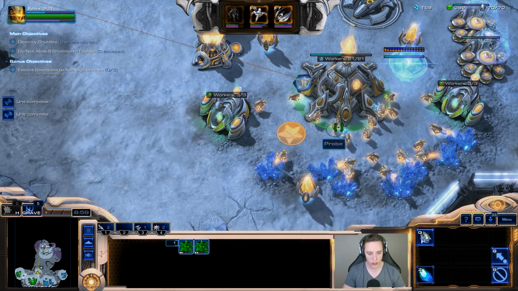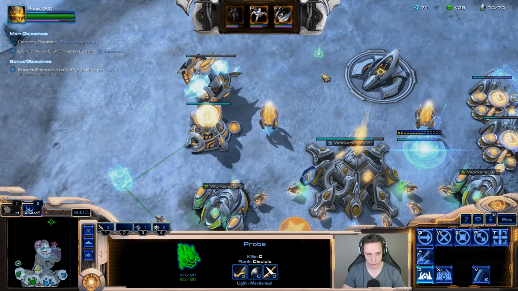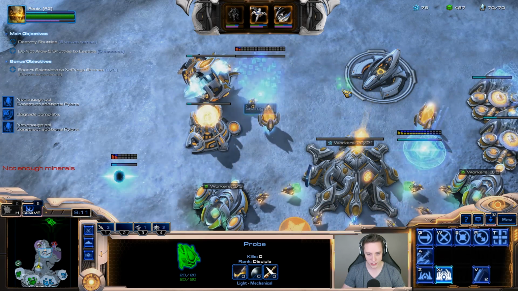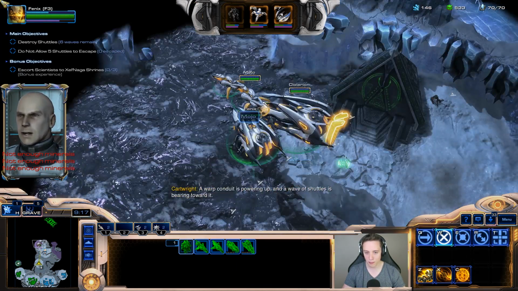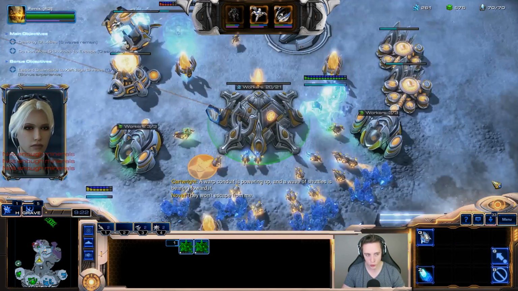I'm going to queue up one more carrier. Or actually, I'll get a few more pylons here first. I was going to say I want to start queuing up my Stargates here next. I'll get my second Stargate as well as the third one here for now. But, you know, we're just simply capable of doing a lot of freaking damage in a short amount of time,